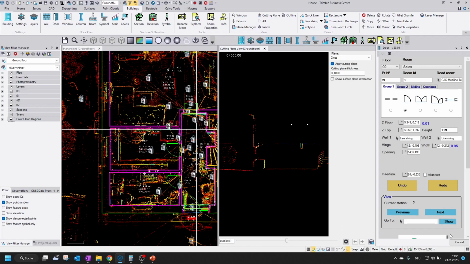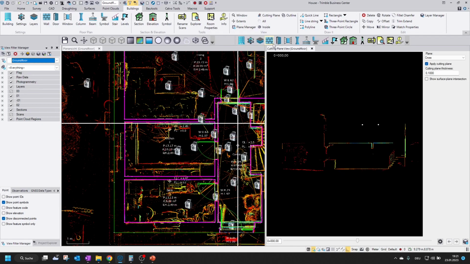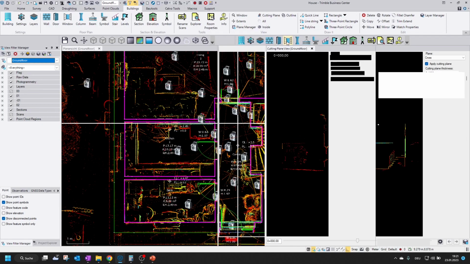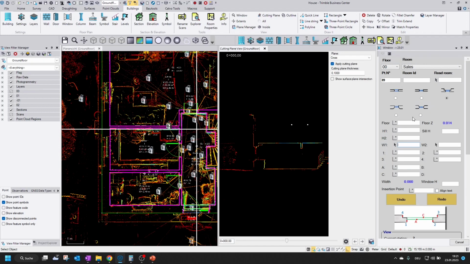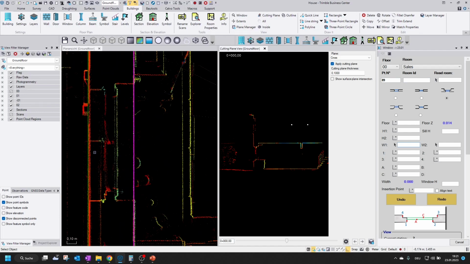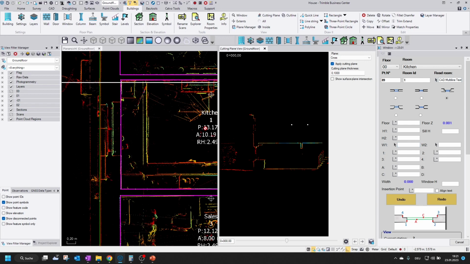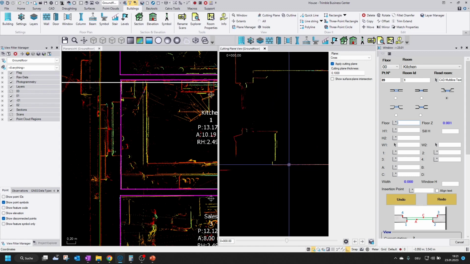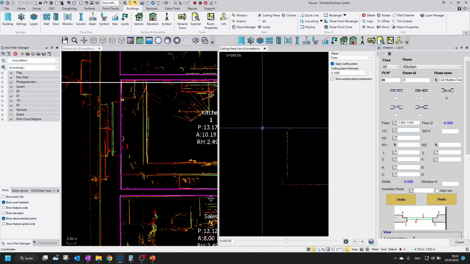Okay, so we can close this, go to window from here or from here, it doesn't matter, and then we choose which window type it is. So we see here it's different widths inside and outside, so I pick this one. If we need to assign it to a special room, the same, so I just click here and it's assigned to this room, and then the same, either from here, floor, sill, head,